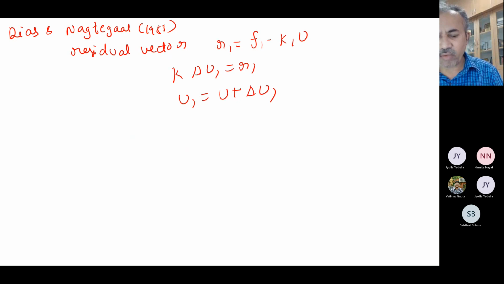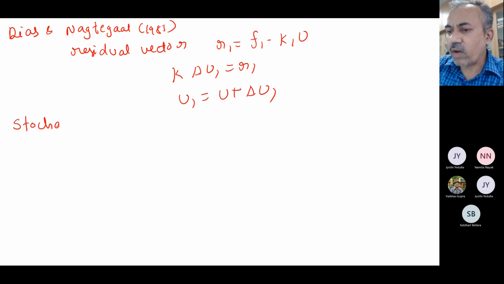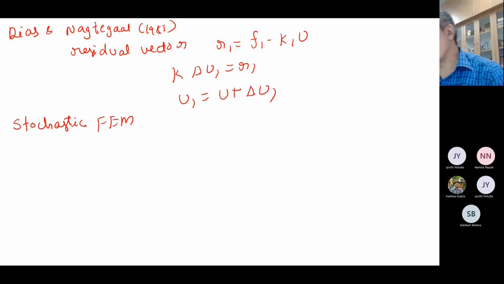Now in the stochastic finite elements, we use this concept itself in our analysis. So the methodology is as follows. Stochastic FEM is very straightforward. As I already told you, in stochastic FEM the most important thing is you have to find out the derivatives, that's all. In FEM, all our equations are K is equal to F only. So finally, everywhere, you may have to do the derivatives with respect to the stiffness matrix only. That is the only thing. So now let us see how to do reliability analysis based on stochastic FEM.